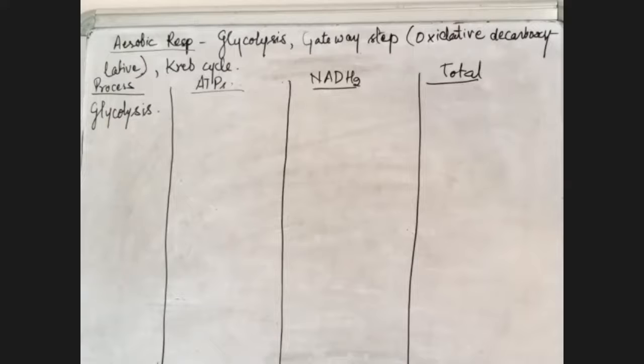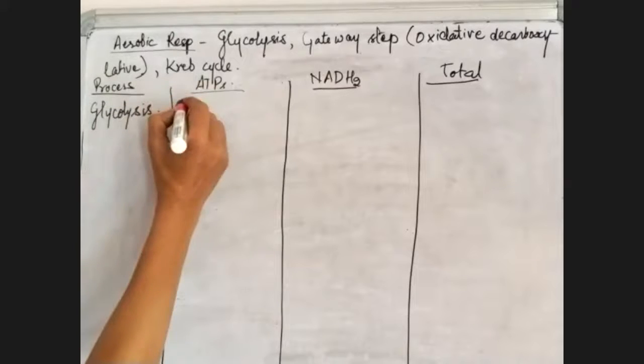So glucose to glucose 6-phosphate. When the glucose is converted into glucose 6-phosphate, at that time 1 ATP is utilized. And the second time when 1 ATP is utilized, that is when fructose 6-phosphate gets converted into fructose 1,6-biphosphate. At that time also 1 ATP was utilized. So 2 ATPs were utilized. This is what I wanted you to do.